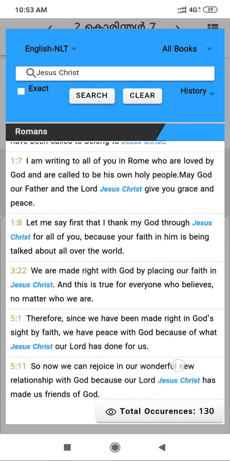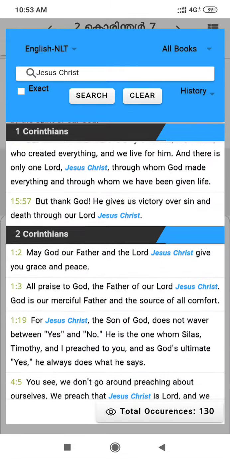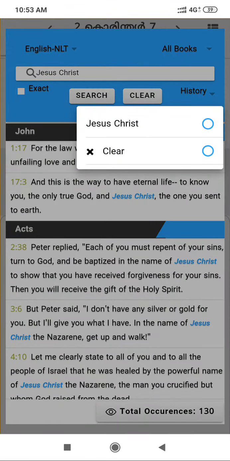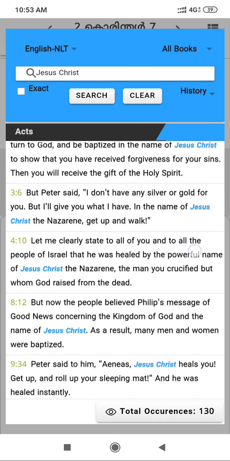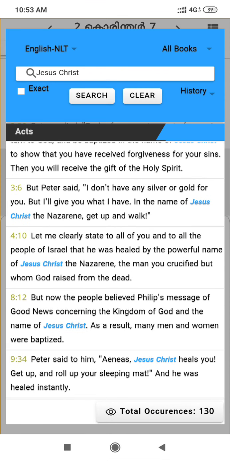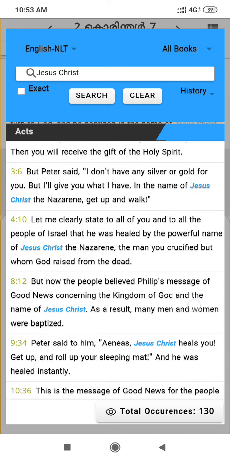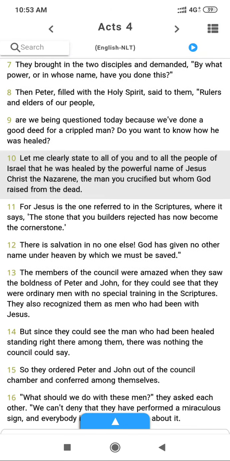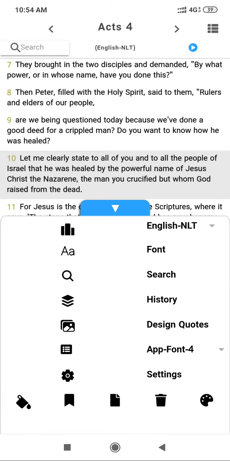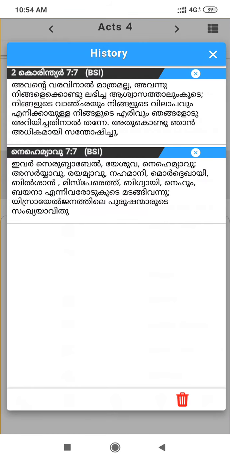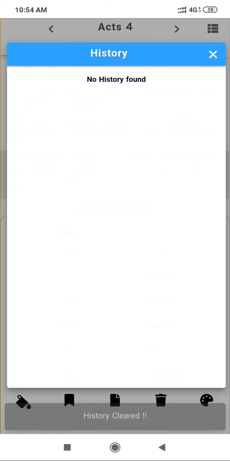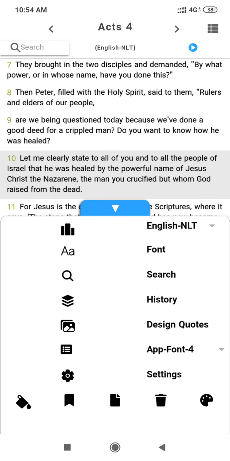Wherever this word is in the entire Bible, it will display here. At the bottom you will see total occurrences, 130, and when you click on a particular verse, it will lead directly to that verse. This is how search works. And in history, whatever you navigated so far will display here. You can close the history, delete an entry, or delete all the history also.